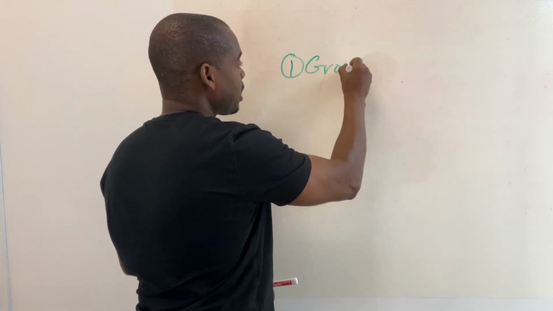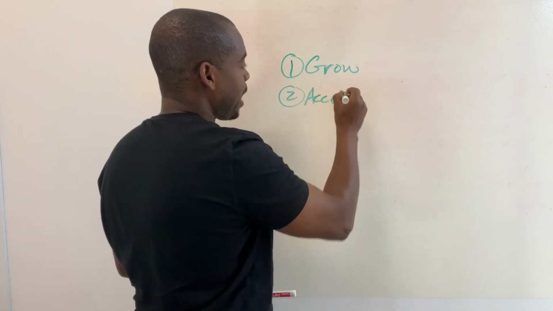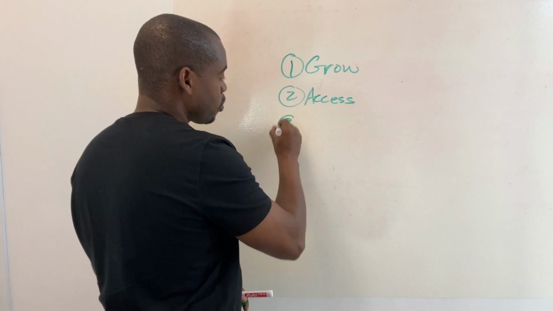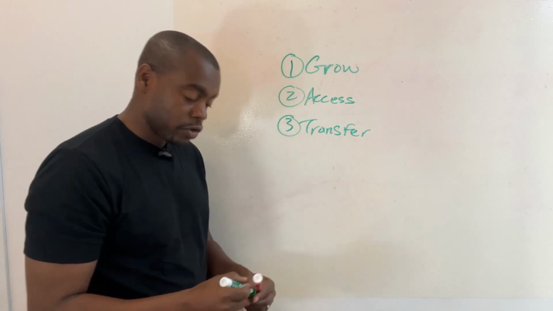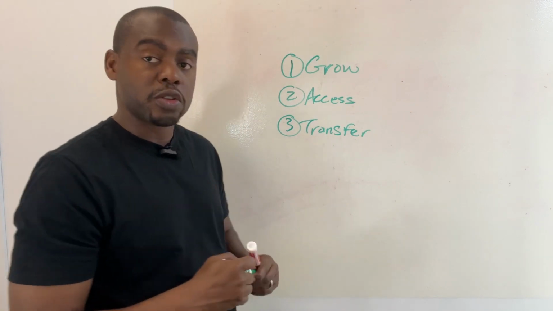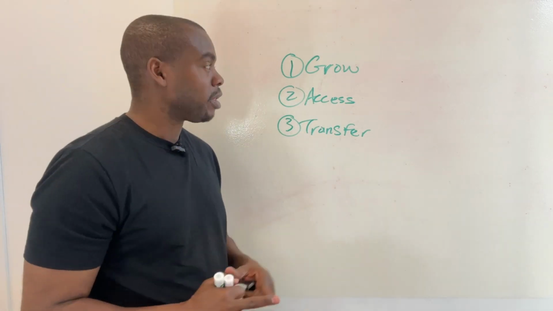Now today what I'm going to do for you in this video is share with you the tax advantages of life insurance. And we're talking about a permanent life insurance policy here, and specifically in three areas. First, how do you grow the money tax-free in a policy? How you access it tax-free, and how you transfer it tax-free. So in a permanent life insurance policy, you're able to do this as long as you do the right things, right? You can grow it, access, and transfer it tax-free. So let's start with the growth.